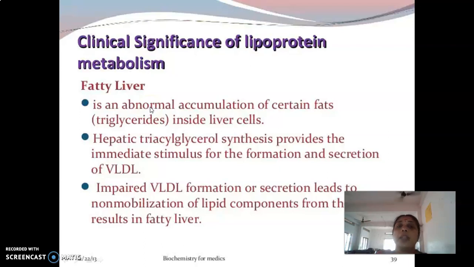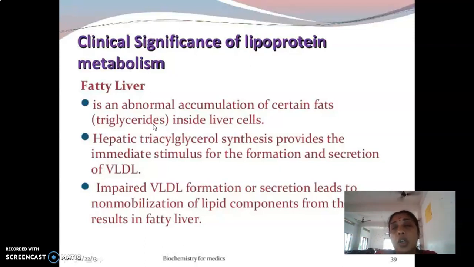Okay, so what is happening in the fatty liver? Fatty liver is nothing but the abnormal accumulation of fat, that is TG, in the liver cells, right? Usually TGs are deposited in the extrahepatic tissues. Only very small quantities are found in the liver, of course, liver is one of the storage sites of fat, but